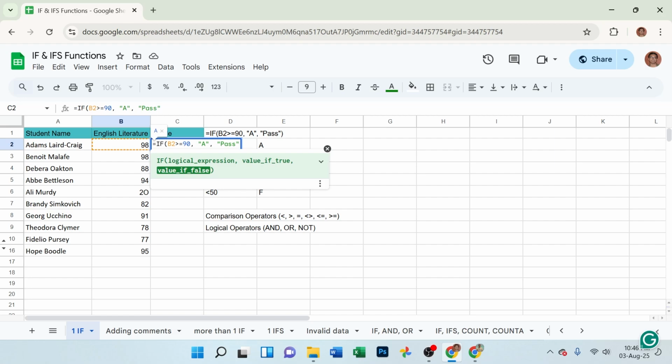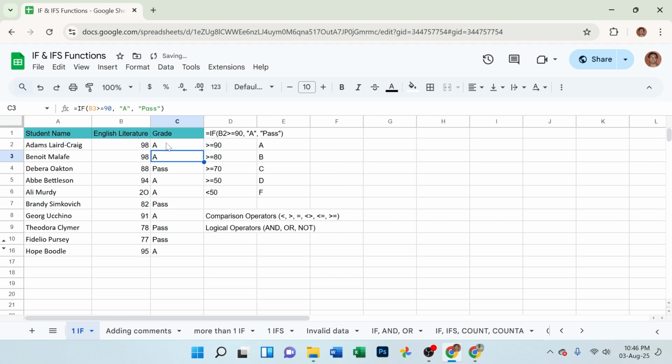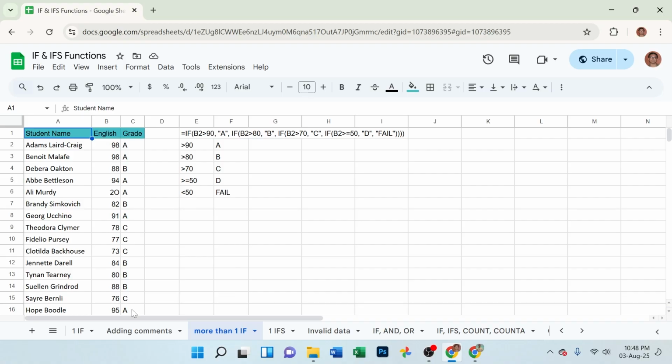But for now, let's see what happens. See here, it's greater than 90, so A. This is not greater than 90, so just pass. So you see, this is how the IF statement works. Before we go on to give each of these codes different grades like A, B, C, D and so on,